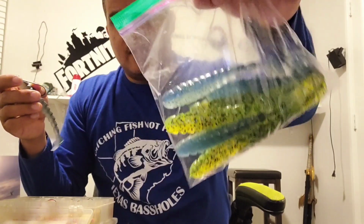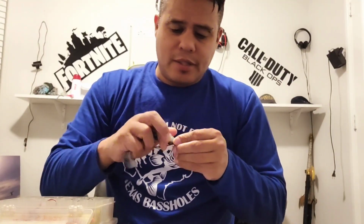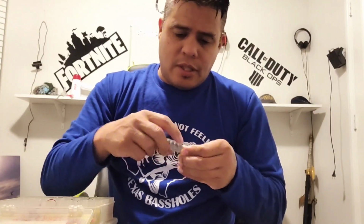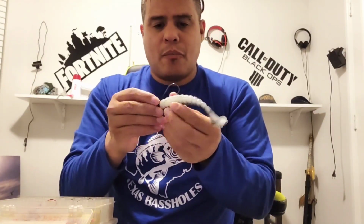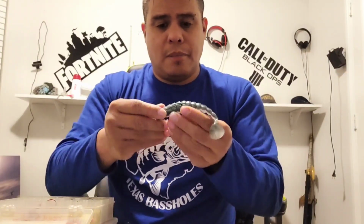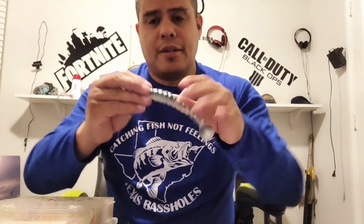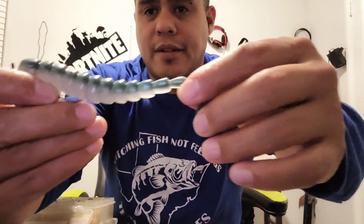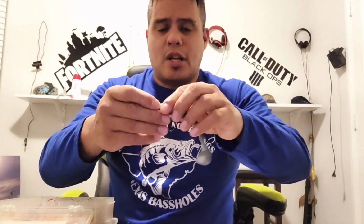And one more just to show you is these big swim baits. These are Exo Swims, Biospawn, but they're Exo swim baits. They're big, like almost 5 inches, and I like to hook them up with a jig head, whether it's a jig head with a screw in it. Doesn't matter. Dude, this is what they look like. These things are fire. And like I said, it can be the jig head with the screw in it,